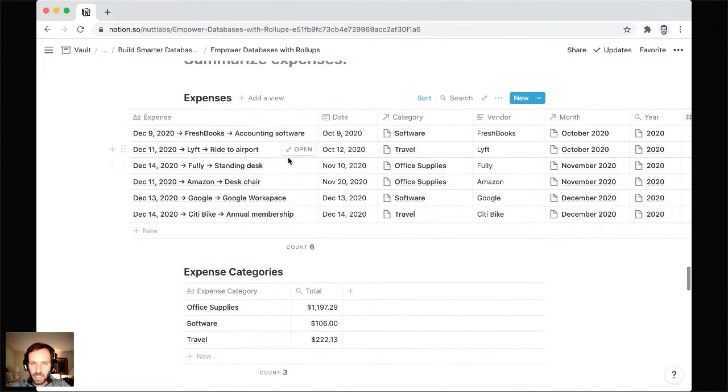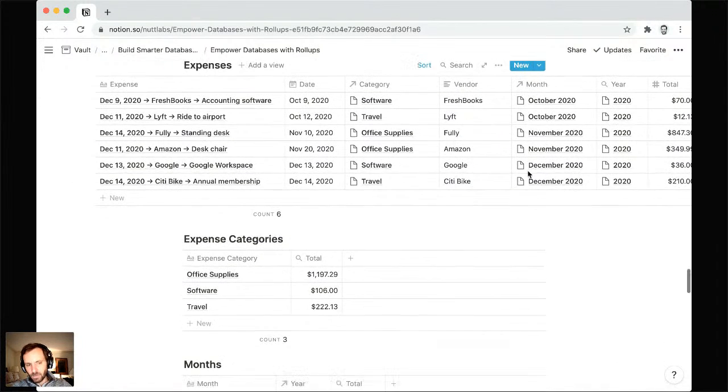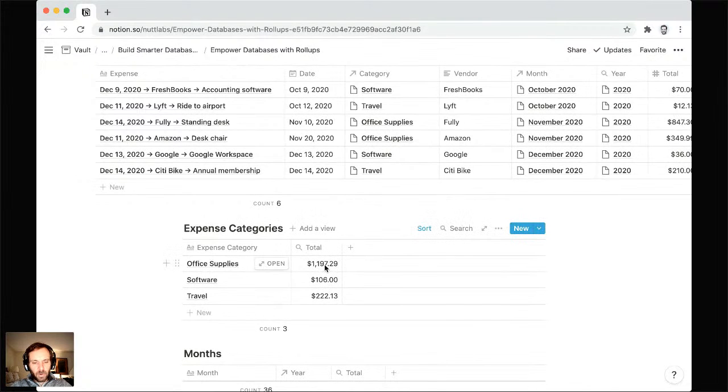So you can see for each expense here, we've related it to a category, we've related it to a month, and then we're automatically populating the year. And I'll explain how we did that in just a second. But what's most important here is that we're able to calculate the total of all expenses within each classification, in this